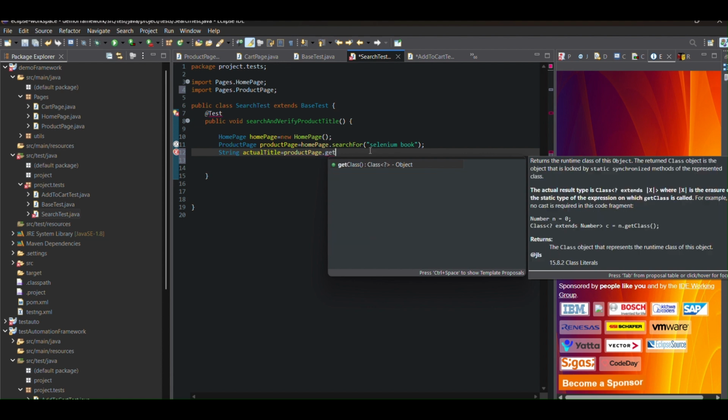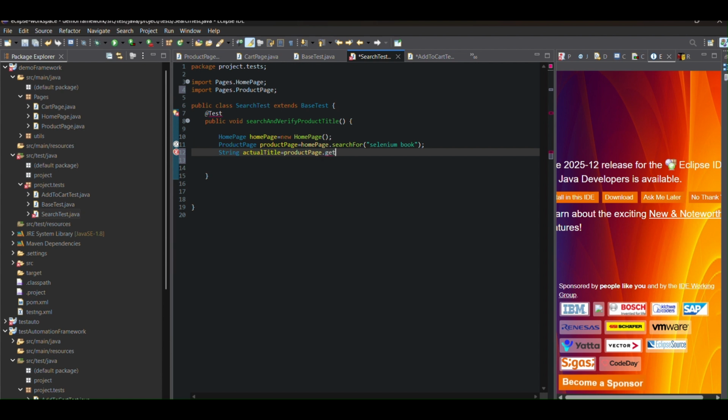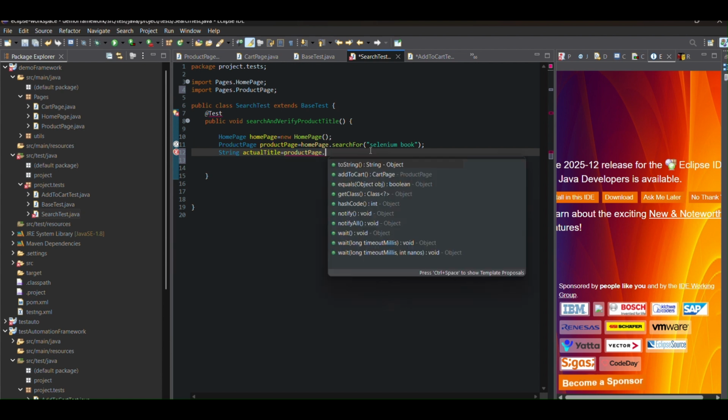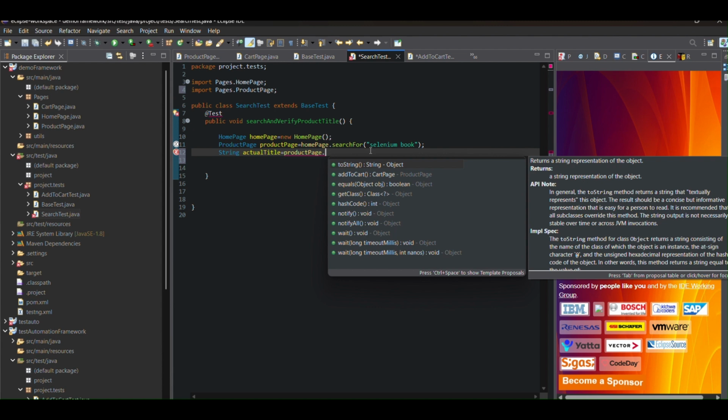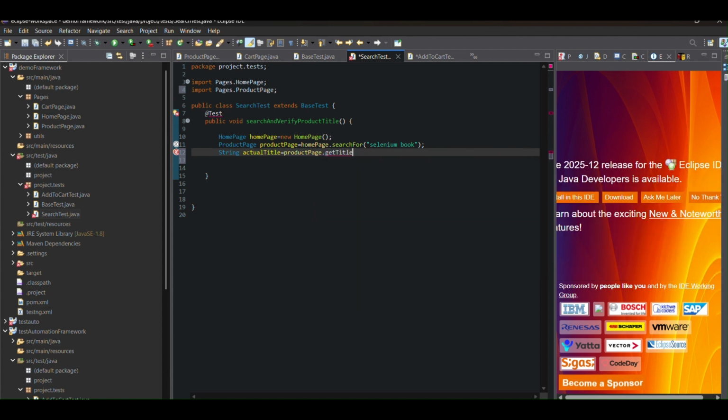I think we need to get text. Get title, and then we need to add assert